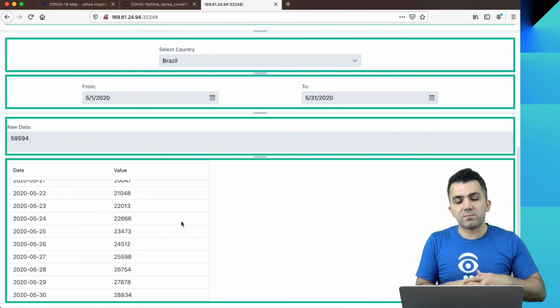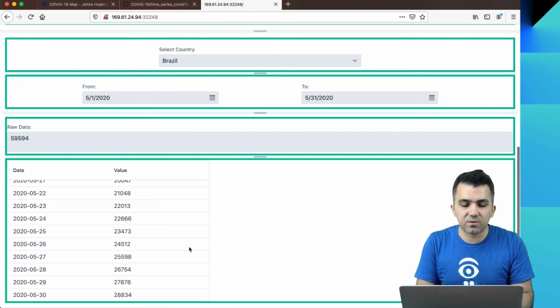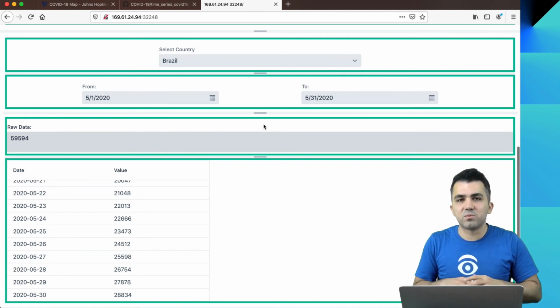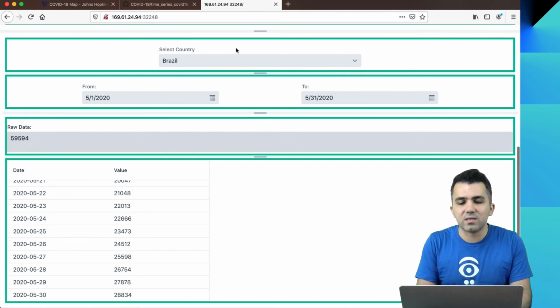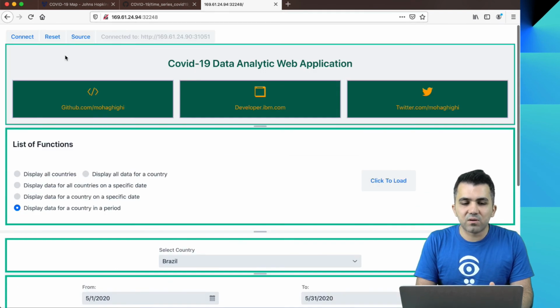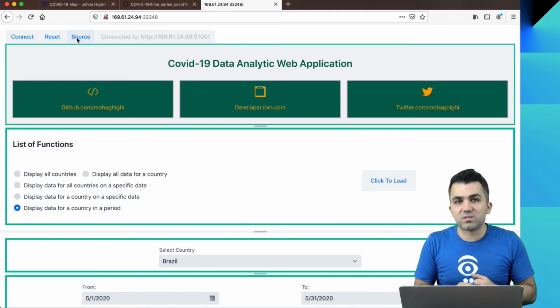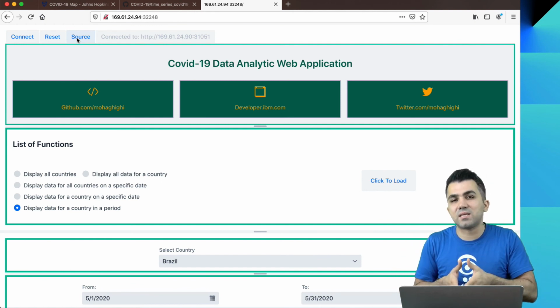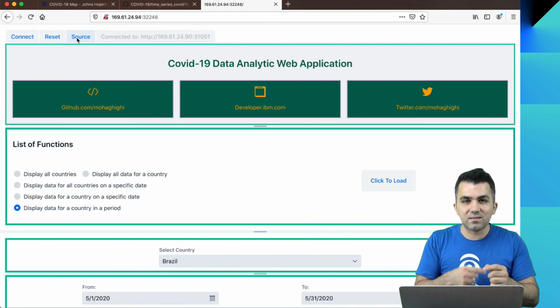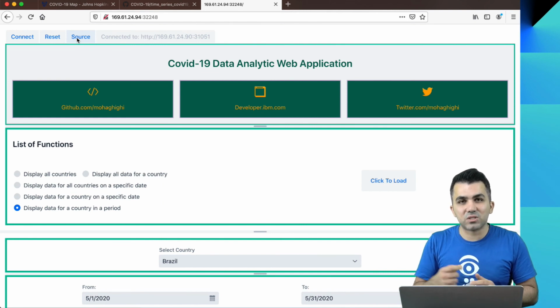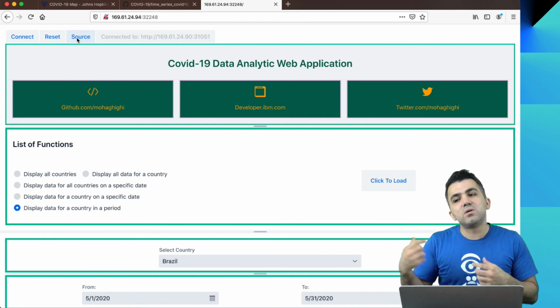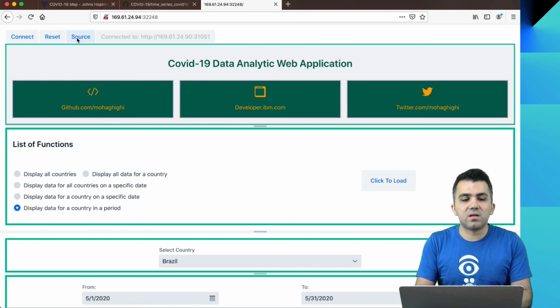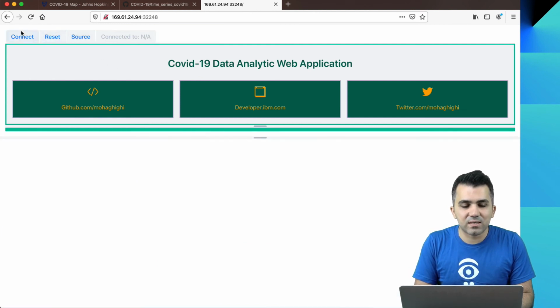So if you have designed an application, you can just look at that specific period for the data and then compare it with another country, for instance. That is the beauty of having microservices and having two parts available, but it's the same application. Basically what I've shown you here is a public IP address. So my application, even though it is in the same cluster, goes all the way around and then invokes the application through a public IP address, whereas I can easily connect my UI to my application within the cluster. So let's reset and connect again.